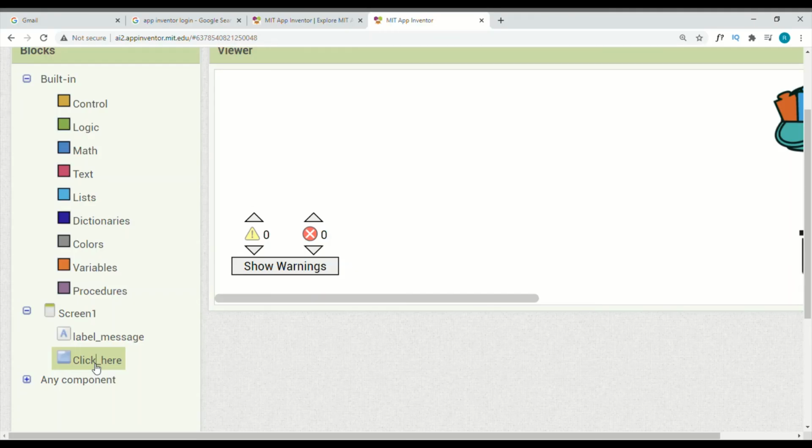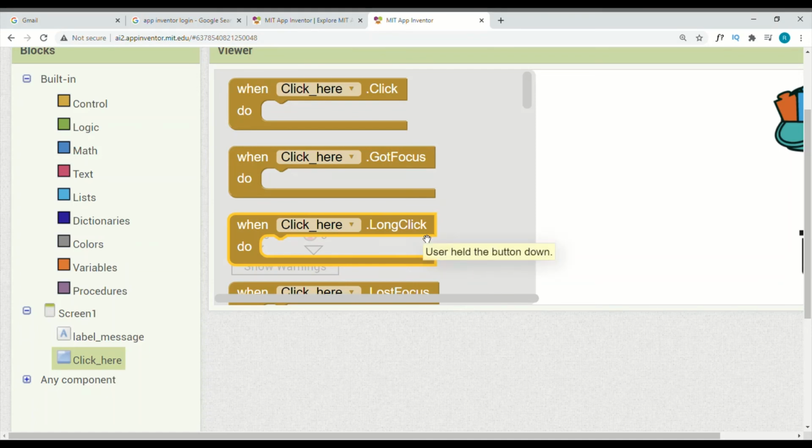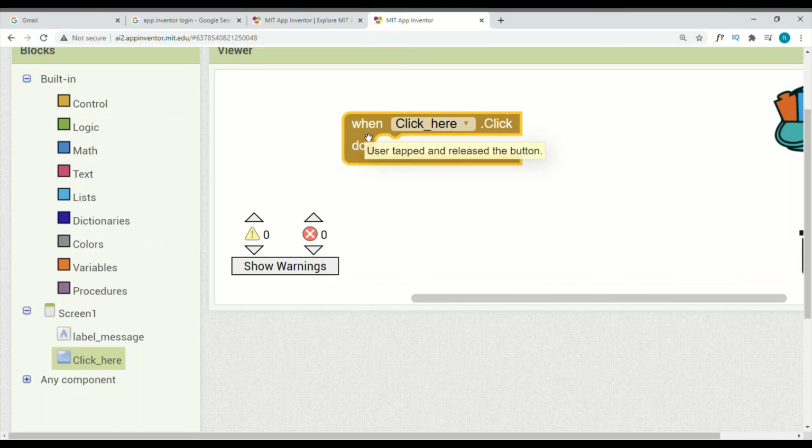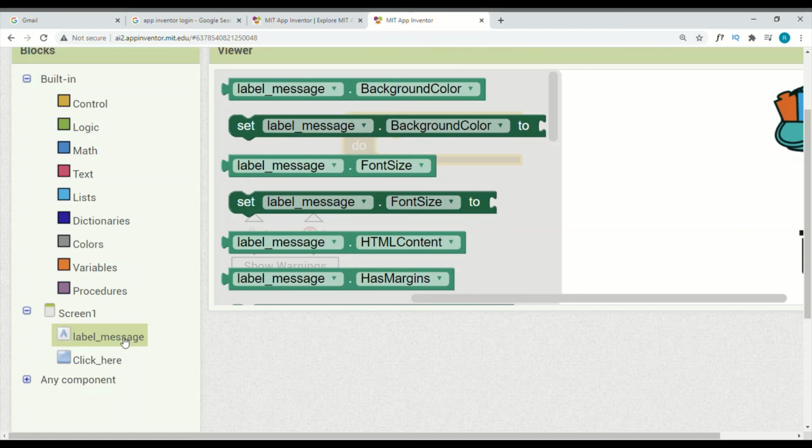When we click on the button, one drawer will open. In this drawer there are many blocks related to the button. Among all these we have to select the one block which is needed to run our application. So I'm going to select this button block and drag it onto the workspace. After that we click on the label message. Again, one drawer will open containing blocks related to the label.